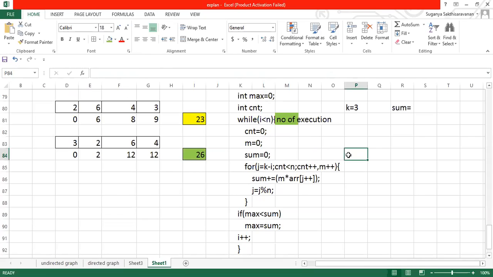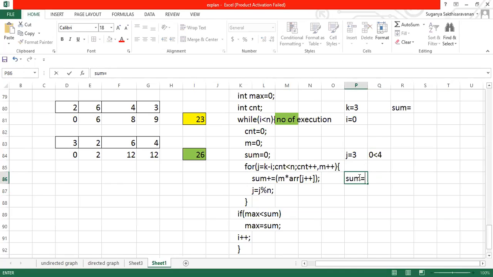Followed by it, coming inside here. So what is it I'm starting here? Yeah, j value is equal to k minus i value. So as of now, i value is 0. So my j value is k minus 0, it gives you 3 again. So it will check here, your counter value remains 0, 0 less than our n value 4. That is fine.